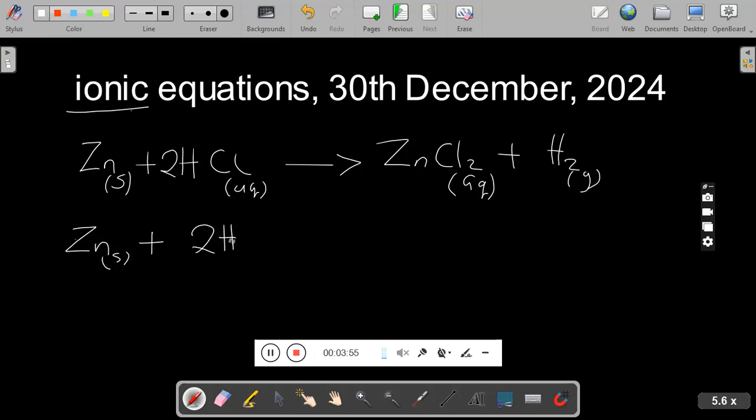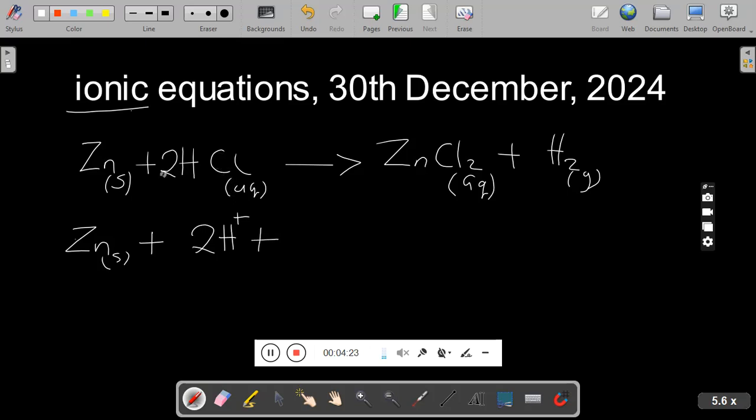Hydrogen will have a positive charge here, because hydrogen, when reacted with non-metals, behaves as a metal. The positive sign that I have put here is according to the valence of hydrogen. Hydrogen has a valence of 1, so I put positive 1. If it had a valence of 2, I would say 2 positive, but it has 1, so that's why I just put a positive sign there. Plus